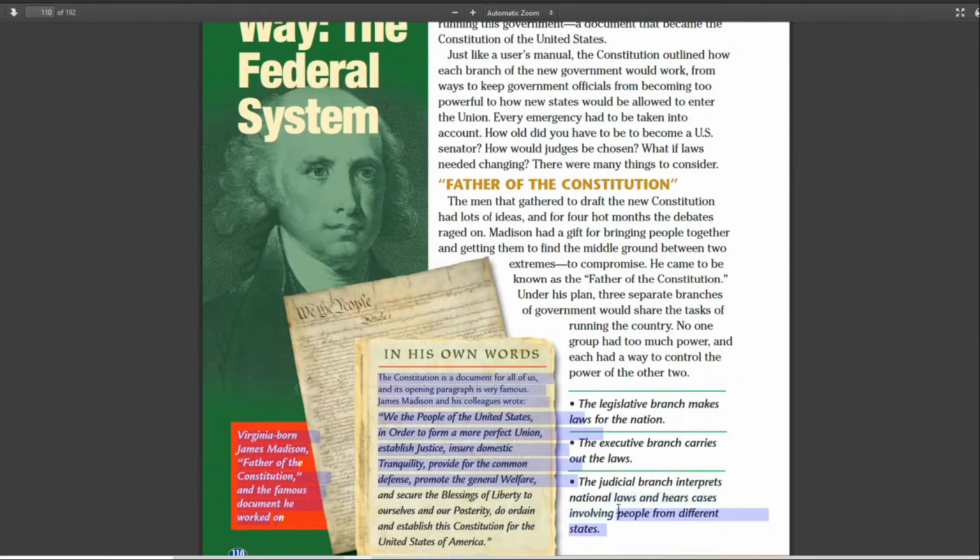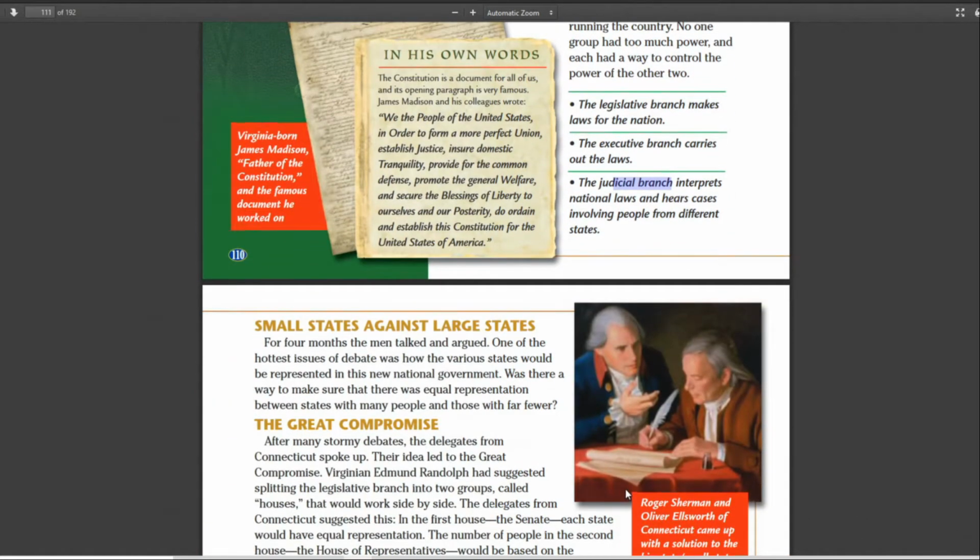And then we've got the judicial branch. The judicial branch interprets the laws. Anyway, the judicial branch is the branch that interprets the laws and hears cases involving any problems between the states. Do we have an issue going on here that we didn't think about, or is this law conflicting with another law? The judicial branch will decide how that law is to be interpreted. Okay, and we'll talk more about that tomorrow.